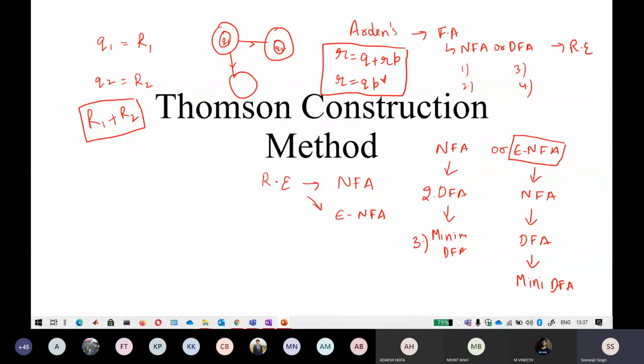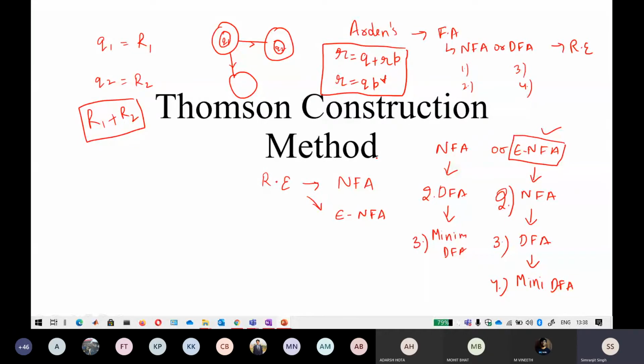So in practicality, I think this is not a very good method, because after getting an NFA or epsilon NFA, I again have to go through steps like 2, 3, 4. Most likely you will get an epsilon NFA. It will happen, I will tell you how. After that, you have to again repeat that. So it is a very complex method.